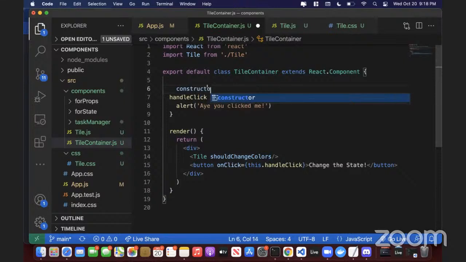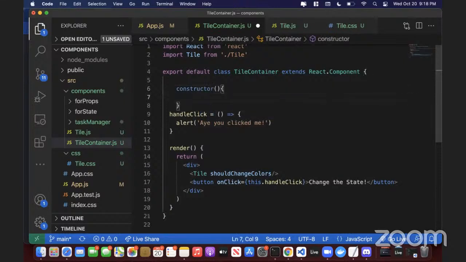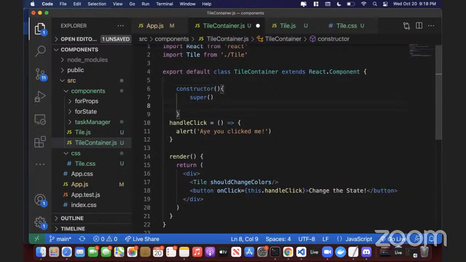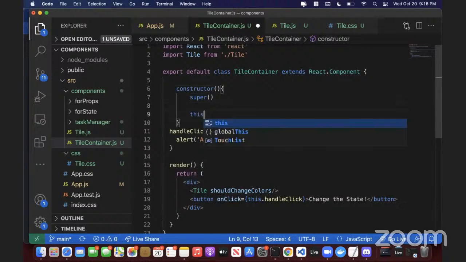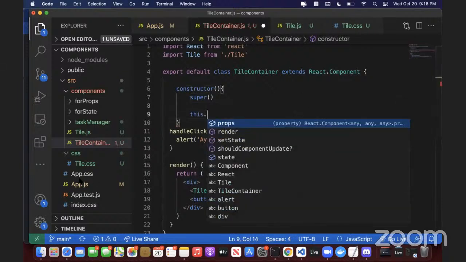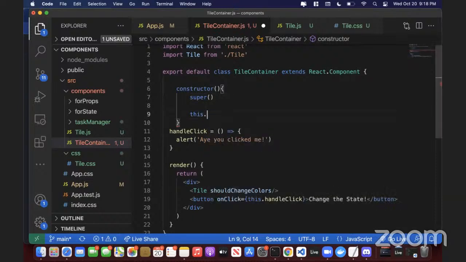So I'm going to make a constructor inside of this class, and inside of the constructor, just initialize the super class. But the biggest thing I want to do is create state. This state, set it equal to an empty object, and inside of that object, right now, I'm going to actually go with the color to show approach first, and then we might talk about a different approach in a second. So let's say that color to show is going to receive a specific color that we tell the